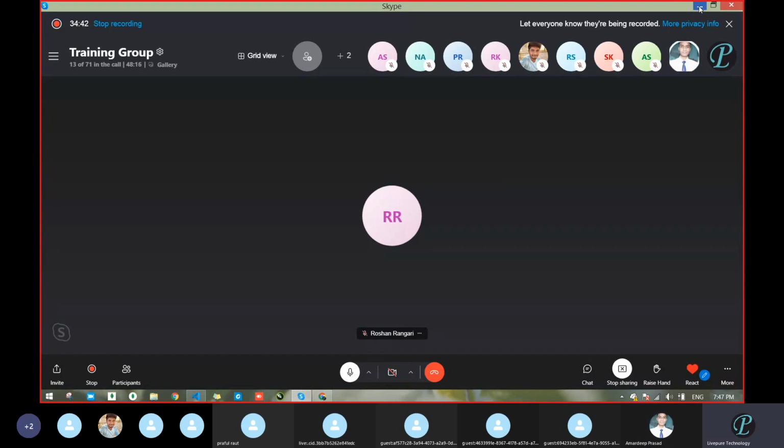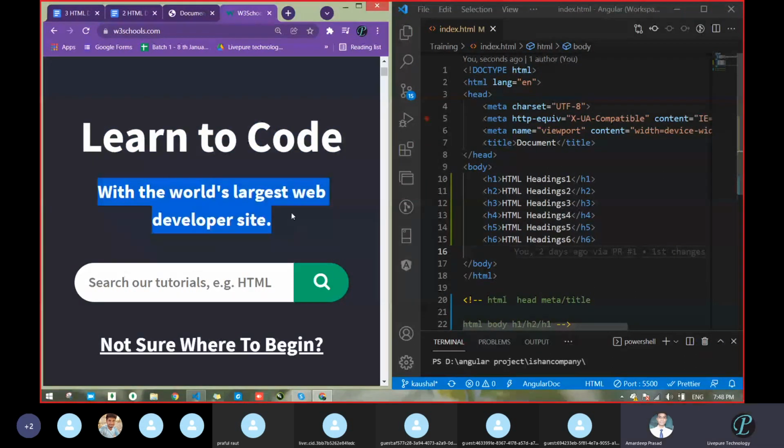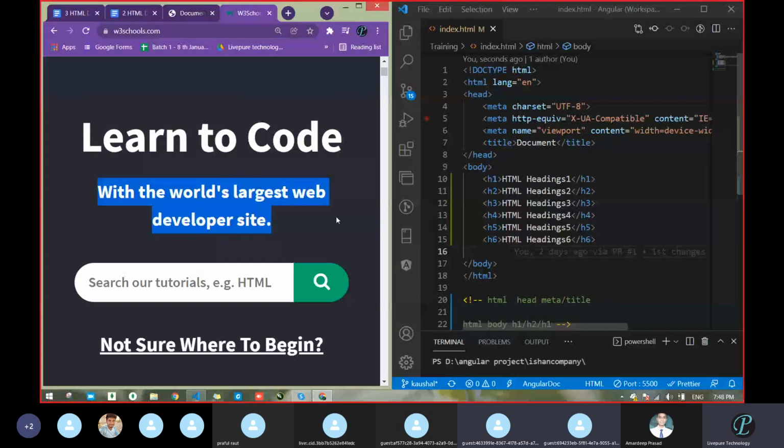Okay, let's verify. Suppose this is H1, then what about the next, second one? This is H2. Okay, fine. Now if I have to make this one small, completely the smallest, which tag will we use?